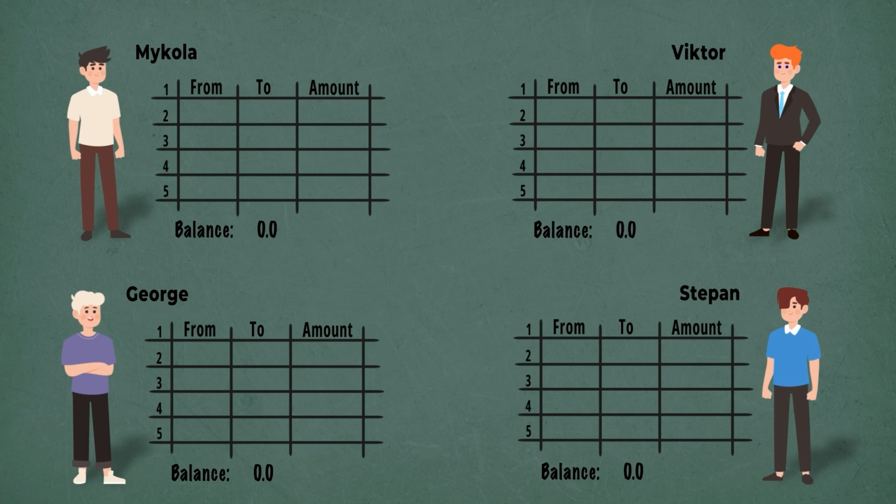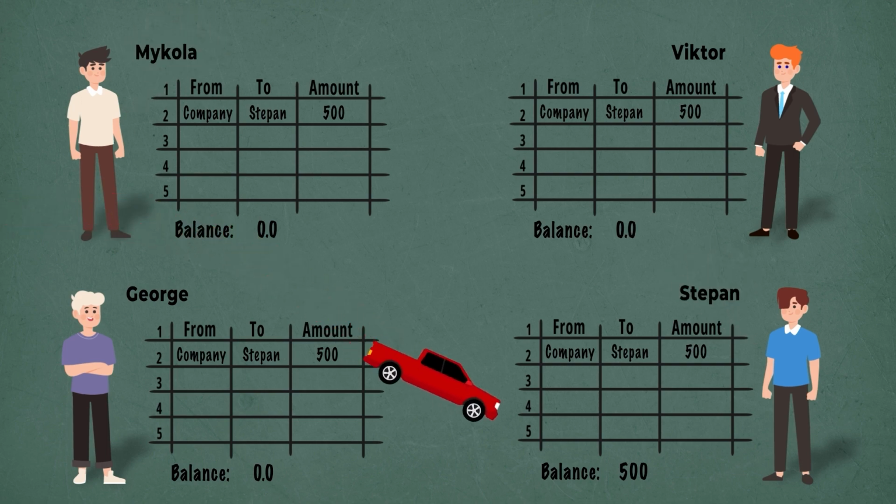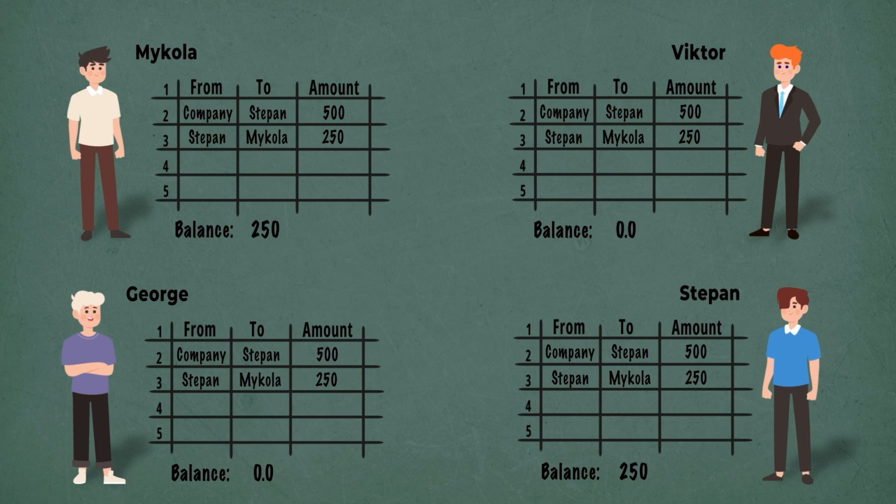The company where Stefan works decided to send him a salary in Bitcoins. The company tells everyone, "We are sending 500 bitcoins to Stefan." Everyone adds this note to their table. Now Stefan decided to send Mykola 250 bitcoins for repairing Stefan's car. Stefan says, "I'm sending 250 bitcoins to Mykola." Everyone adds this record in the table. Now everyone already knows that Stefan doesn't have 500 bitcoins but 250, because he sent the other 250 bitcoins to